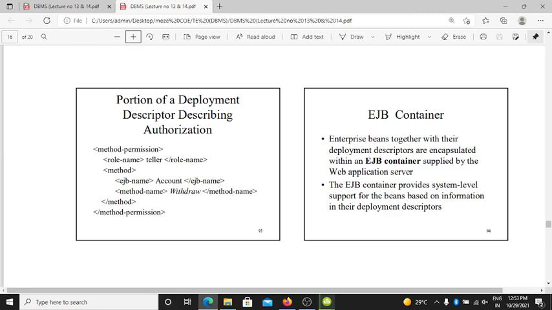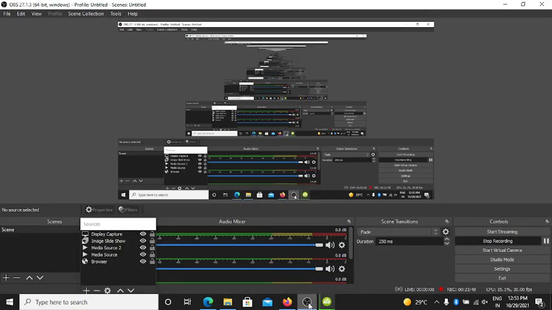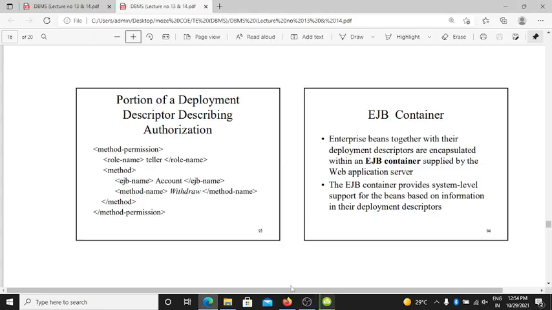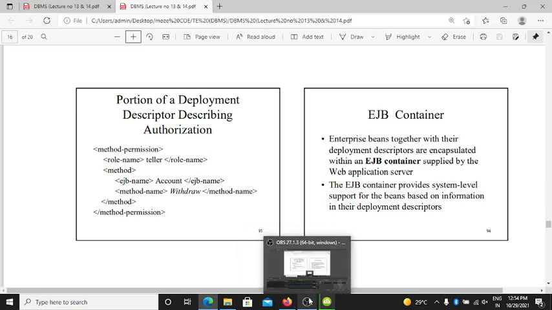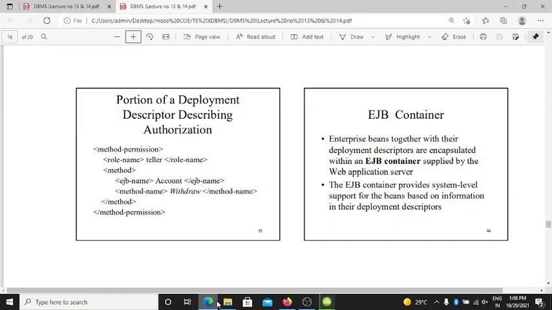EJB containers. Enterprise beans together with the deployment descriptor are encapsulated within an EJB container supplied by the web application server.